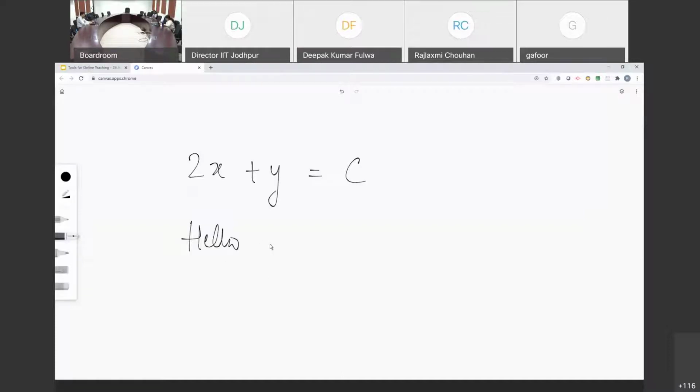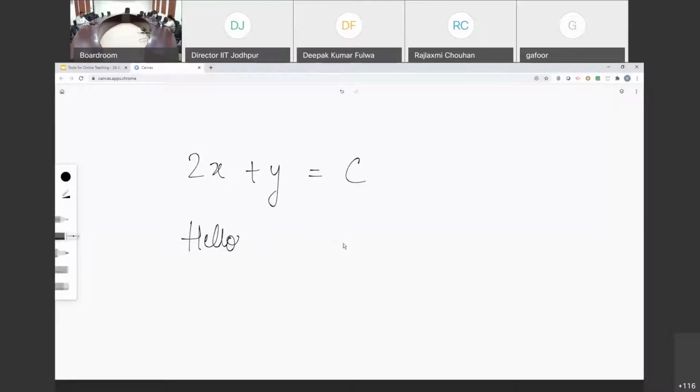But what I have experienced, I've seen this in many tutorials being used, but my experience is that I find it very slow, there is a lag. But you all are welcome to try this out, because it might be a problem with my system. Please feel free to try it out, and see if you notice any lag. So this is canvas.apps.chrome.